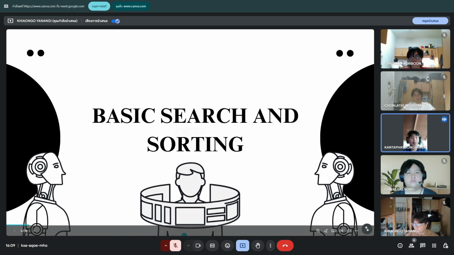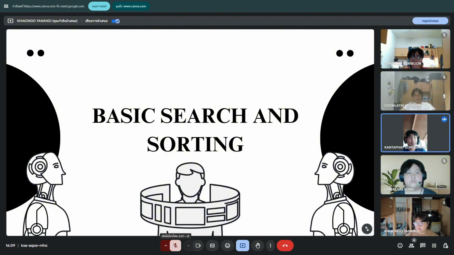We are pleased to present to you our topic, interpolation search and selection sort. In this presentation, we will focus on two important algorithms: interpolation search, a searching technique that is faster than binary search under certain conditions, and selection sort, one of the simple sorting algorithms.